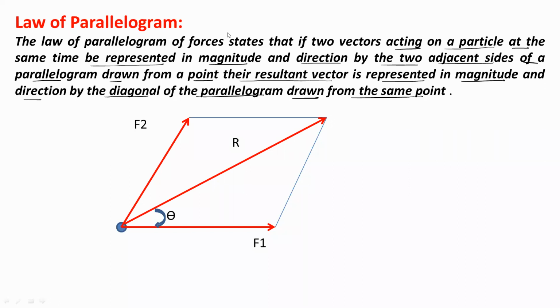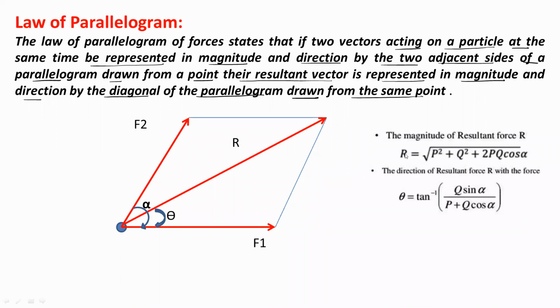By using the law of parallelogram, we can find the value of the resultant for forces F1 and F2. Basically this is a concurrent force system, and we can solve this problem by using summation Fx and summation Fy. But the law of parallelogram will give the quick answer for the resultant of F1 and F2. So we can use the law of parallelogram if there are only two forces in the concurrent force system. So how to get the value of this resultant?